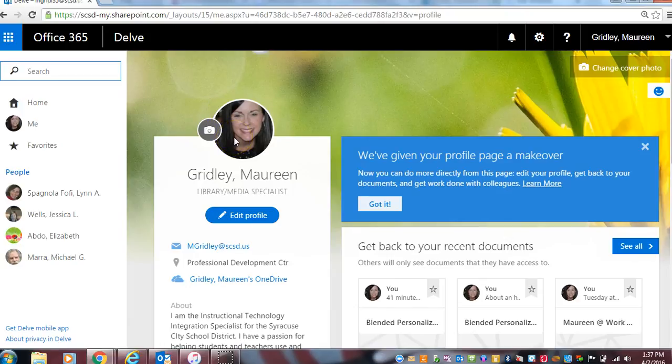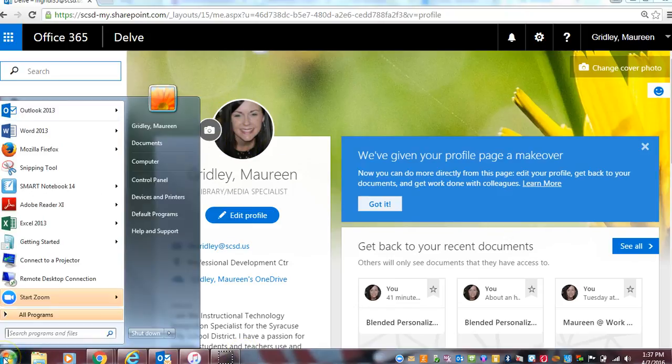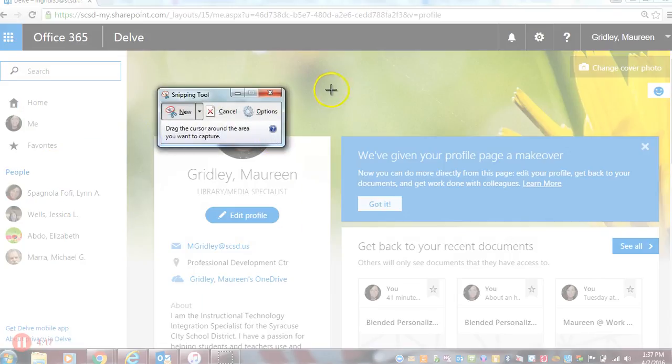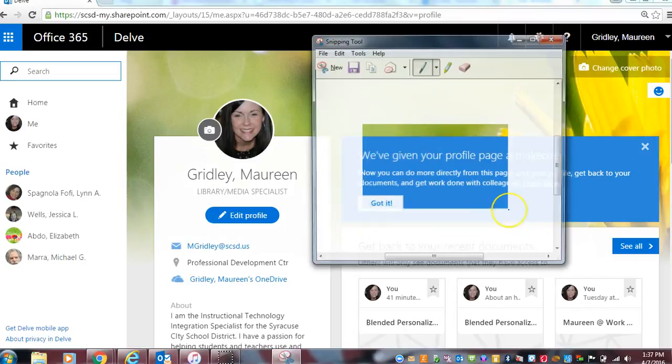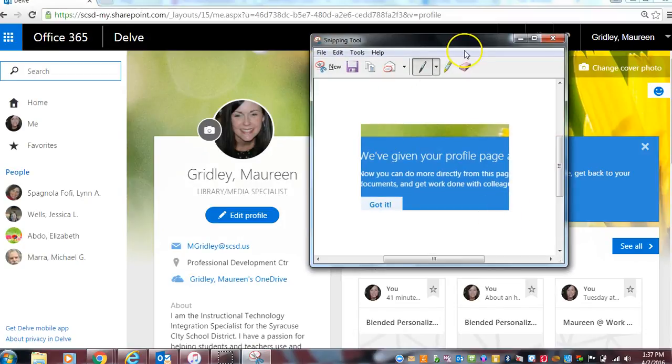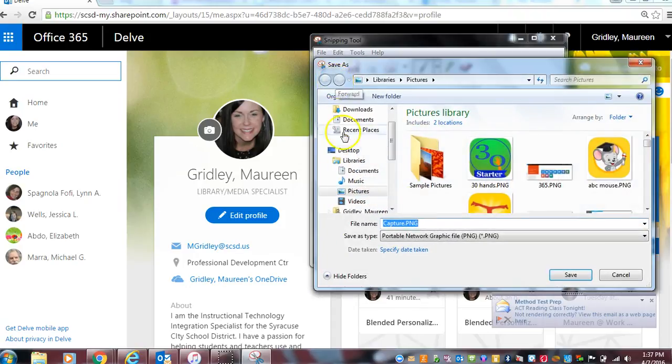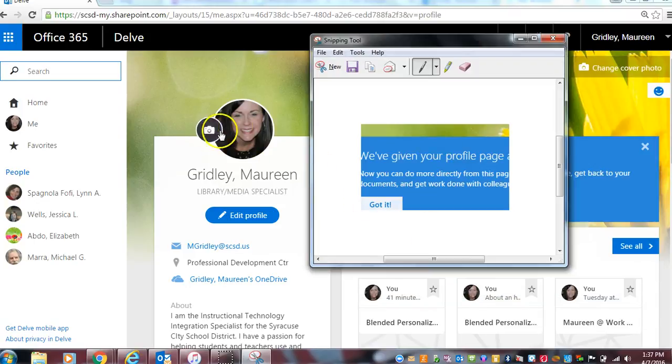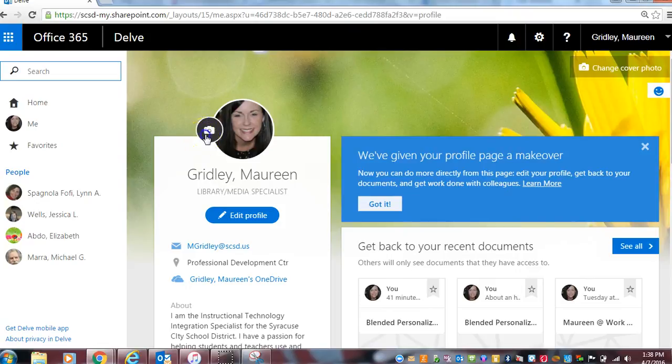To change your picture, you could use the snipping tool. The snipping tool is located in your start menu. You click snipping and you can take a picture of anything. So you could find a picture of an icon, like we said, a flower, a dog, a cat, auto, whatever you want. Just go to File, Save As, give it a name. I'm going to put nothing. And it saves here, so when you go back here, you click on Picture,